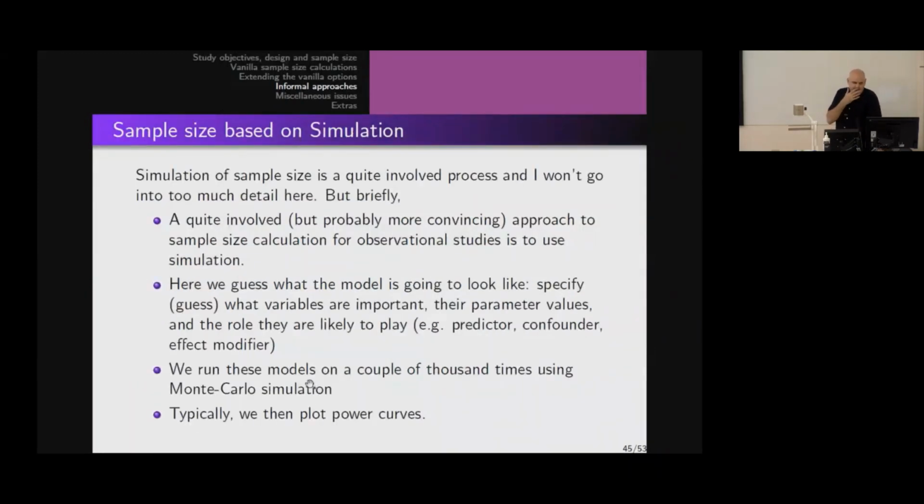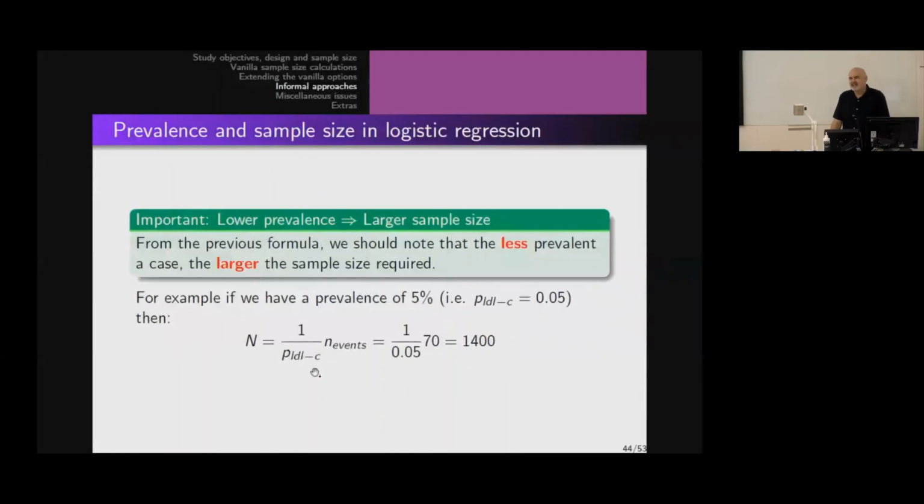Okay, very, very quickly, I will also talk about another approach when we're doing exploratory studies. And this is not one that I necessarily suggest you do. It's very good. It's very convincing, particularly if you're considering an NIH and MRC grant, but it takes a lot of time and effort. Simulation of sample size is a very involved process, and I'm not going to go into how it works. But it's probably a little bit more convincing than this approach, not because it's scientifically better, but just because it actually appears much more involved. In fact, technically, this rule was worked out based on simulation.